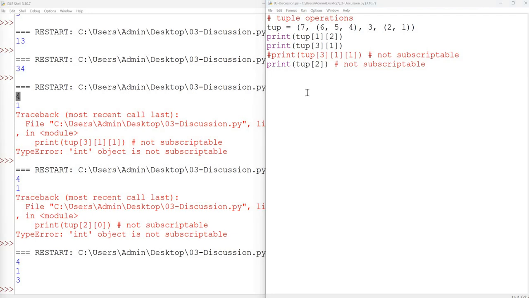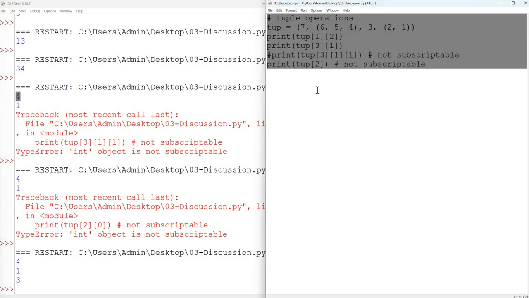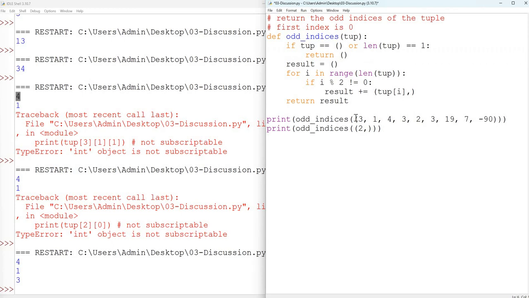Next, let's take a list of elements here, a tuple here. You're passing a tuple, and then the passed tuple comes here. If the tuple is empty or has only one element, you return an empty tuple. You just return something empty. If not, you are going to get only the odd indexes in this tuple. So for example, this is index 0, index 1, index 2, index 3, index 4, index 5, 6, 7, and 8. So if I'm going to run this code right now,